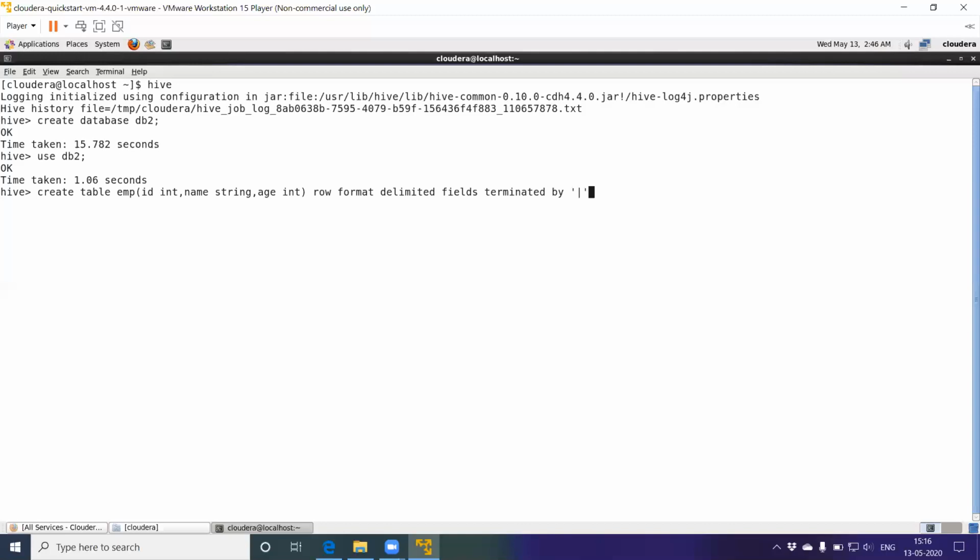Let's use pipe, the vertical bar. Lines terminated by, within single quotes, the delimiter character used to identify the lines, and stored as text file, semicolon.